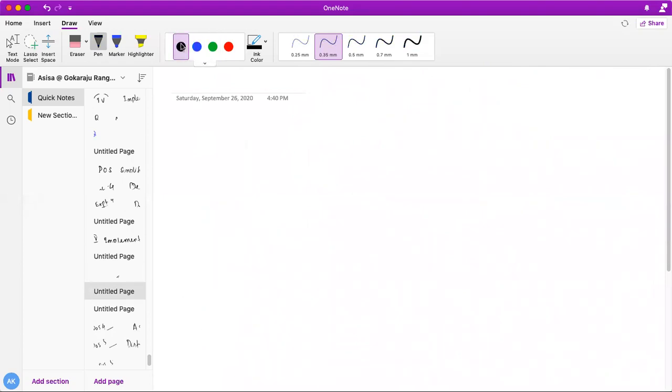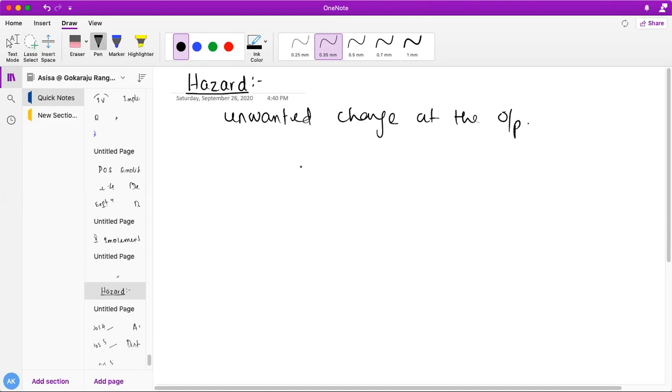One of the very important concepts, and surely many questions will come from this, is hazard. This is a very practical point of view. So what is hazard? Hazard means nothing else, the unwanted change at the output. You are never expecting such a particular output over there, but because of something, some unwanted change will occur, and finally we will encounter wrong information or a wrong output.